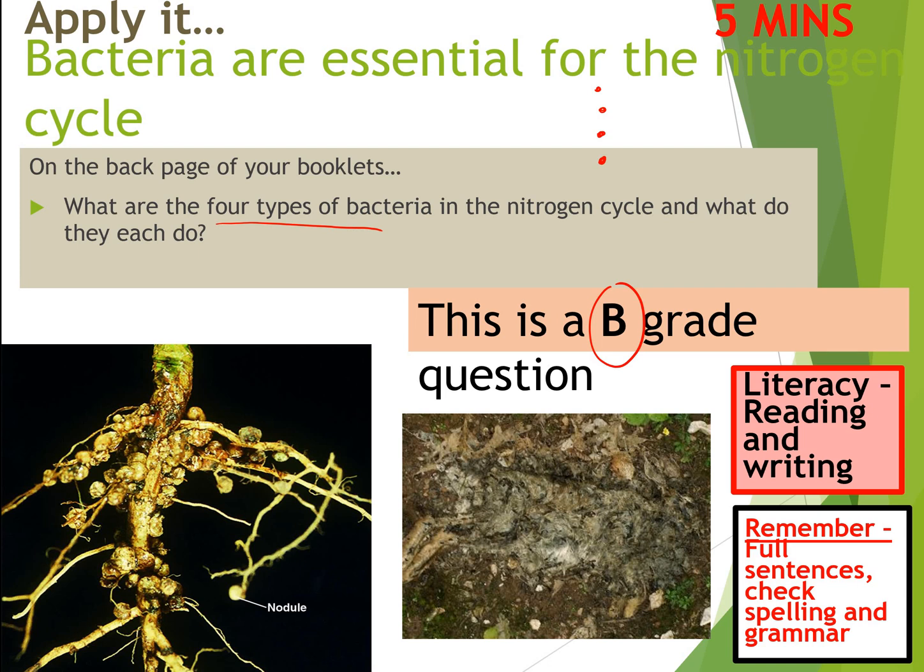And the fourth type of bacteria are our nitrogen-fixing bacteria. What we mean by fixing nitrogen is they take nitrogen straight from the air and are able to convert it into nitrates that plants can take up or get absorbed into the soil. And as we said before, lightning also does a very similar role. Check your answers and make sure you understand the names of the 4 different types of bacteria involved in the nitrogen cycle and exactly what they do.